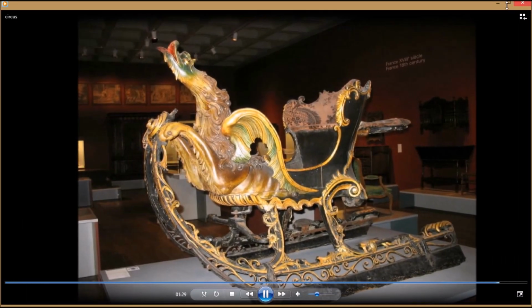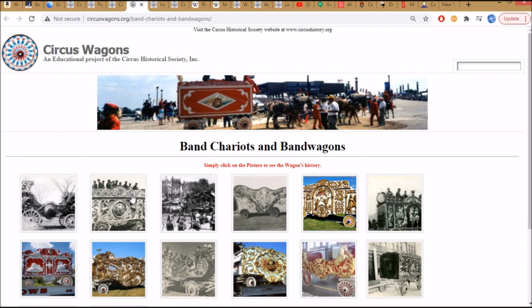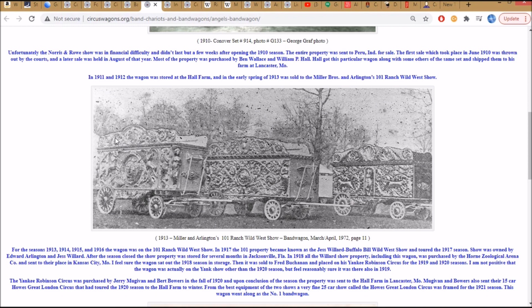So I think what's going on here is a number of things. These are all things that they found in the past, and repurposed. So if you look at these bandwagons now and think about that girl's illustration, on the top you'd have the players. These are 21 foot long, remember, these are big, these aren't 12 foot, and they're actually saying with the theatrical stages that they were between 12 and 20 feet long, sometimes smaller. So you can see these here,